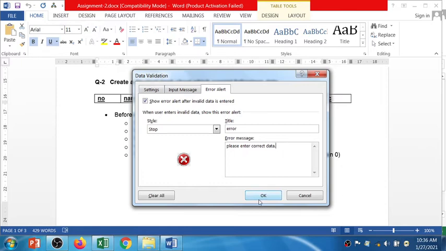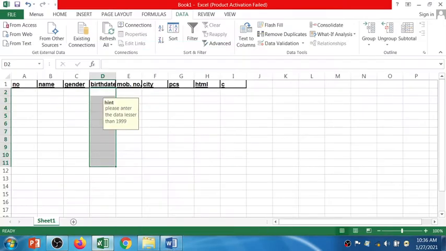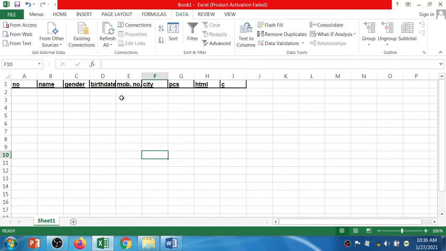Okay, so now I'll press OK, so that will apply to the birth date column. See, if I select any cell except the birth date column, you won't get any message. But as soon as I select a cell of the birth date column, for up to the first 10 cells, because I have applied the rule, you will have the hint, please enter the data